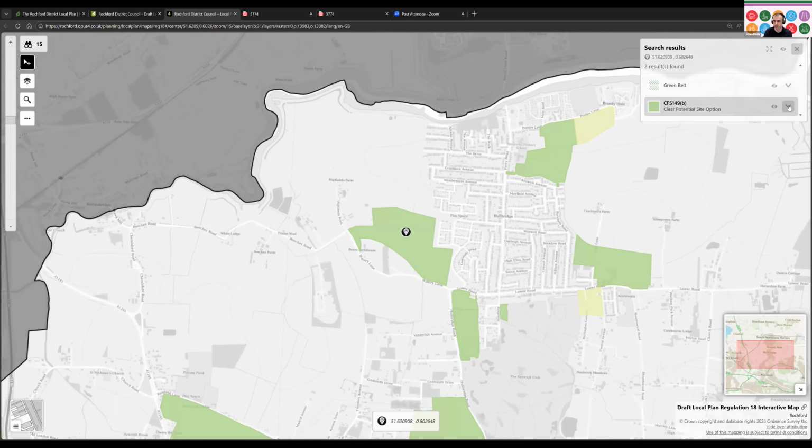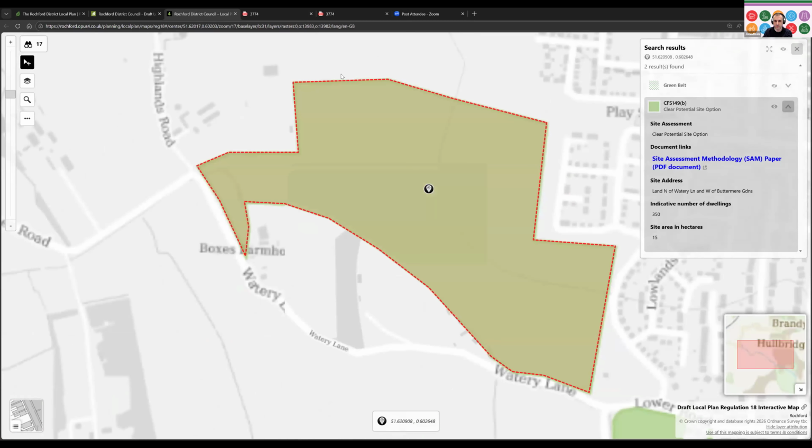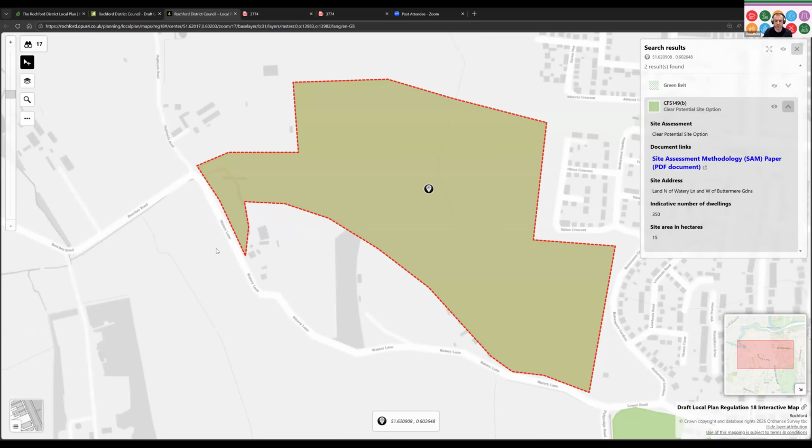If you click on this little drop down box, it zooms you into that map area or the site boundary, and that becomes a hatched line. That gives you an indication of what that site actually is. In this case, it has a reference of CFS 149B. What it stands for is Call for Sites 149B, and that's the terminology used when we've had earlier parts of the process where there's what's called a call for sites that we have to undertake to invite